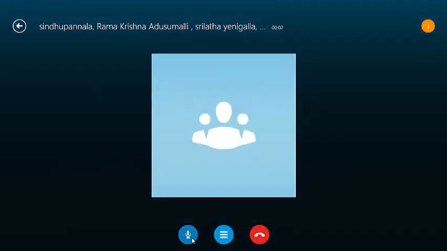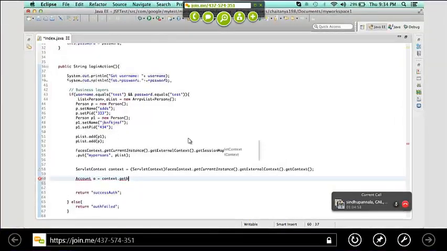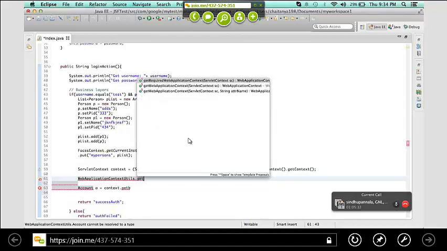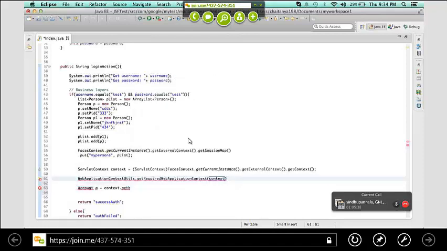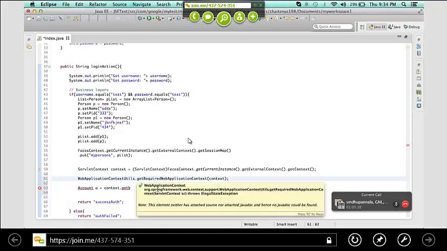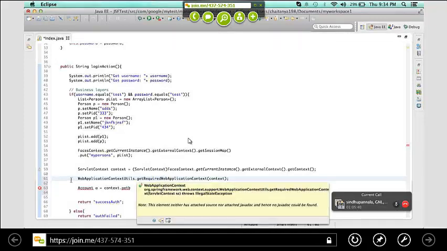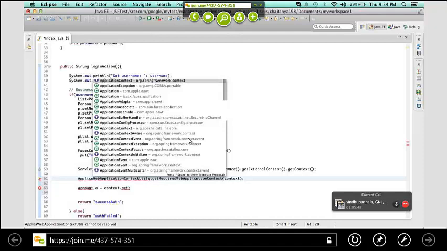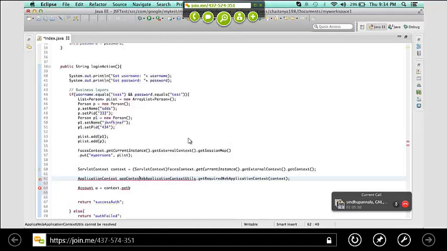WebApplicationContextUtils, that's a Spring class, dot get web application context of a particular servlet context. Now this particular guy will be returning you the web application context or else application context. It doesn't really matter. Okay, so anything is a context over here. ApplicationContext app context is equal to application context. Okay, so now what you can do is you can use this application context